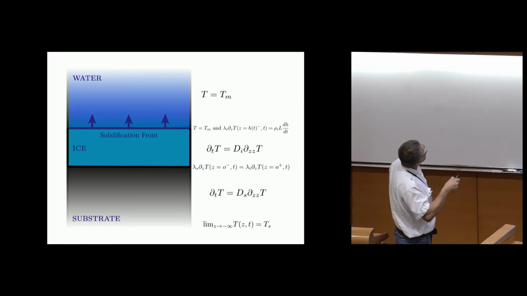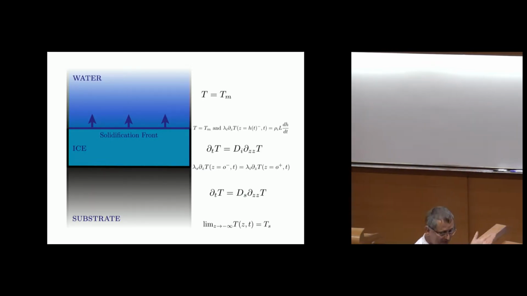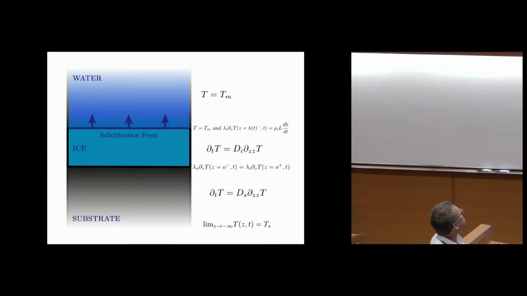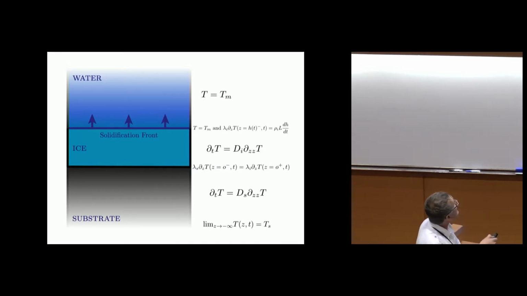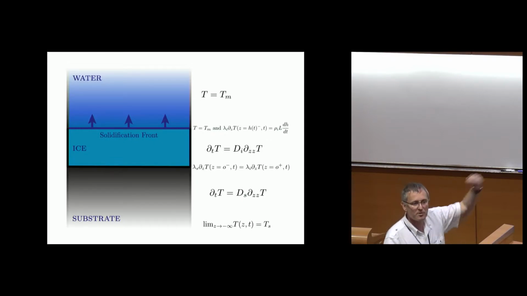Then at the interface between the substrate and the ice, you have two boundary conditions. One is not written, which is that the temperature has to be the same on both sides, but it is an unknown: you don't know what this temperature is. On the other hand, you have the continuity of the flux: the thermal flux that goes from the ice to the substrate has to be the same when you compute it on both sides. At the solidification front, you know the temperature: since you have fixed the temperature of water to the melting temperature, the temperature has to be the melting temperature, which is a little simplified compared to the real Stefan problem. And here, the heat flux coming from the ice is exactly compensated by the growth of the ice layer.